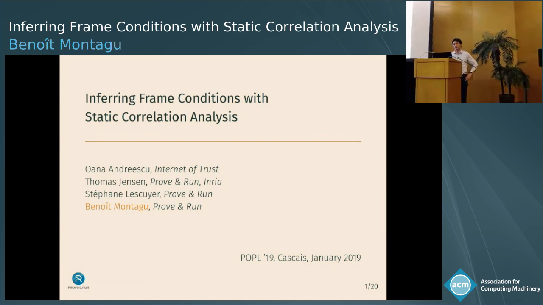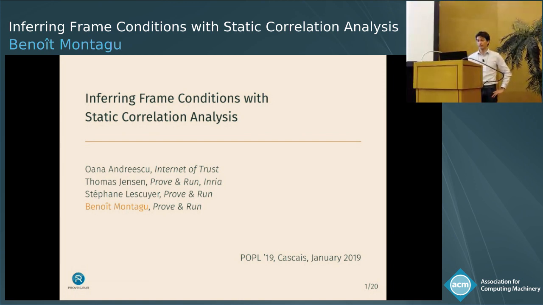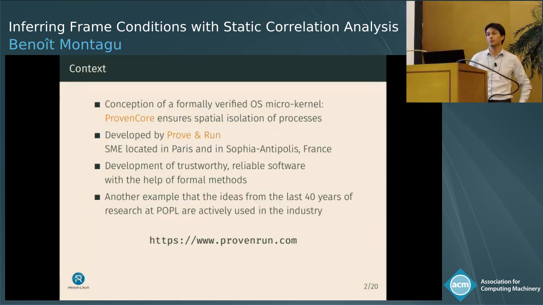So this work is about discovering equalities between inputs and outputs of programs. This is joint work with colleagues and former colleagues from Prove and Run and from INRIA. And it's actually part of a larger industrial project whose goal is to formally verify an OS microkernel. This microkernel is called Proved Core, and we have formally proved that it ensures a form of spatial isolation between